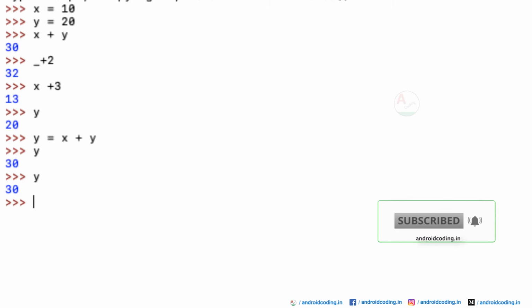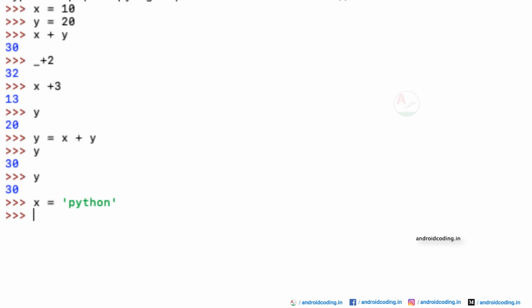And now let us store x equal to a string this time, Python, and we want to get the value based on the index. So x of 0, let us try to print this and you will understand. We have got P here. Why?